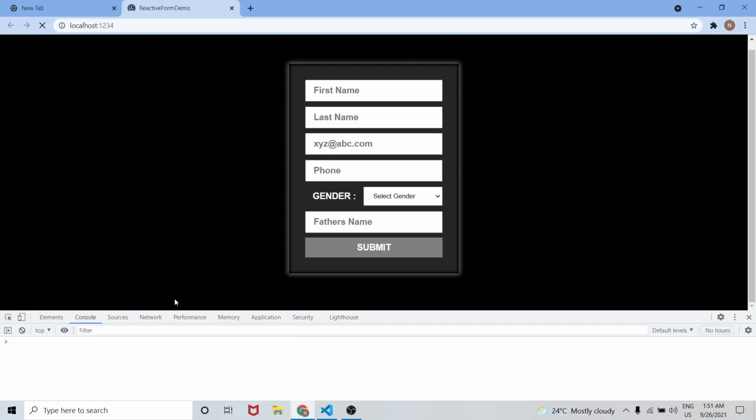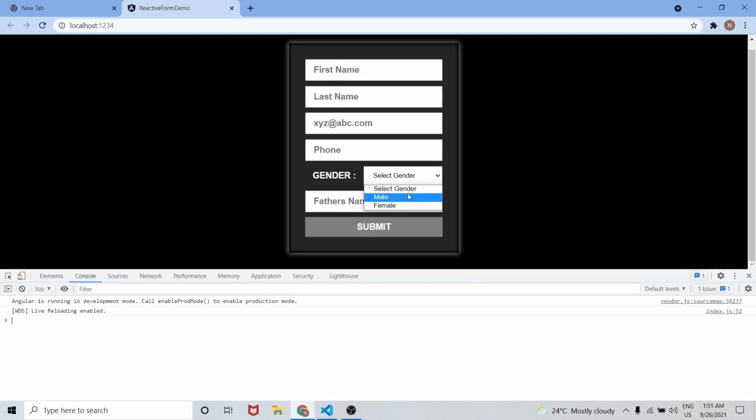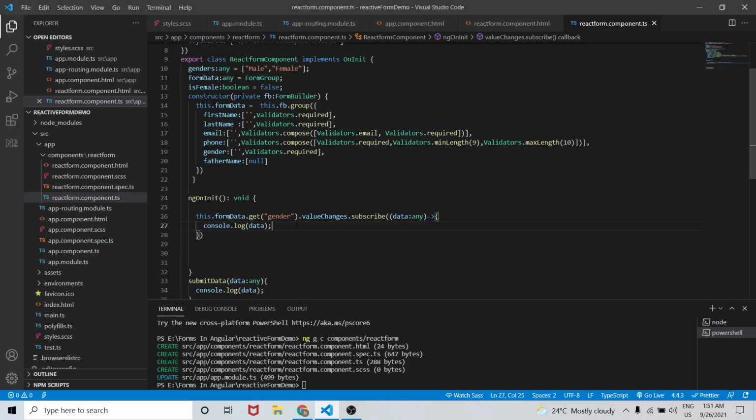Let's save the changes. Let's see in our browser. So now if I select male, as you can see we have male here, which means whenever the value changes, it is getting recorded as an observable, and on subscription of that we are getting the value. Okay, now we will simply write an if condition here.